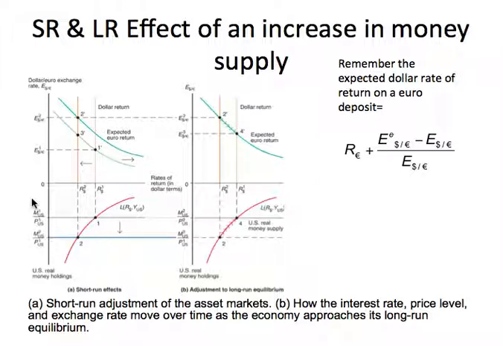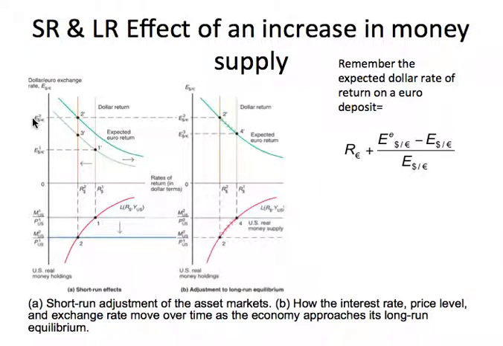First of all, if there is no change in expectation about the future price level, then the exchange rate should have increased from E1 to somewhere up here, which corresponds to this point 3 prime. You see this 3 prime here. So the exchange rate should have increased from E1 to somewhere here when money supply increases from M1 to M2,